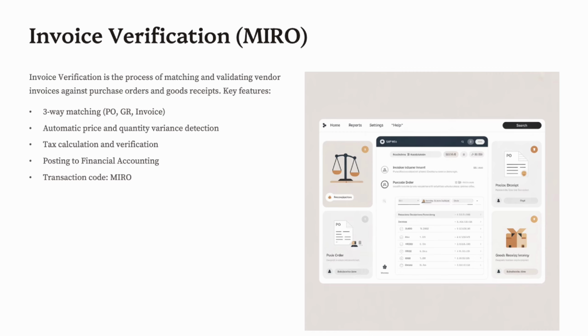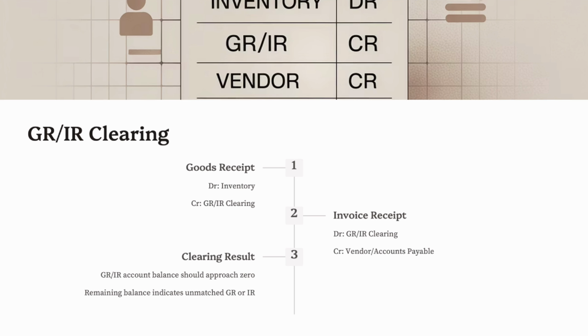Debit if invoice greater than PO. Freight and tax accounts, debit. Freight and tax charges. GR/IR account accumulates GR postings until invoice verification occurs. Price differences and freight and tax allocations ensure that the inventory valuation via GR and expense recognition via MIRO stay accurate